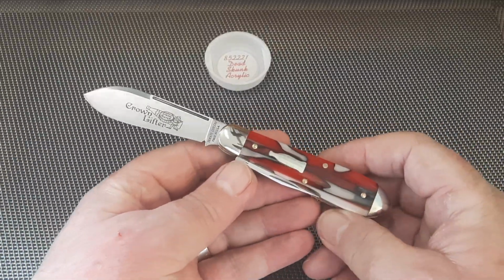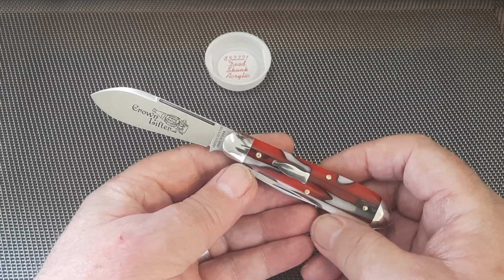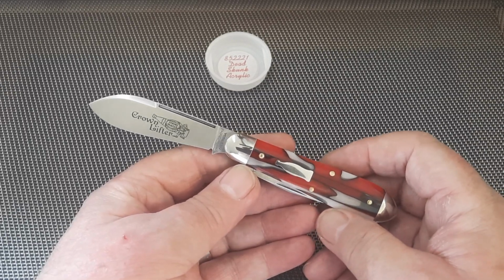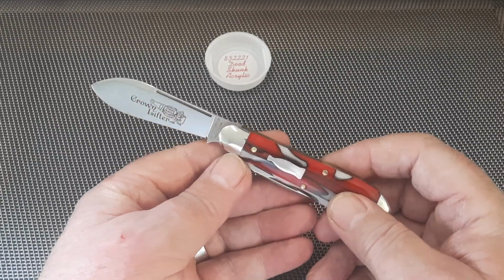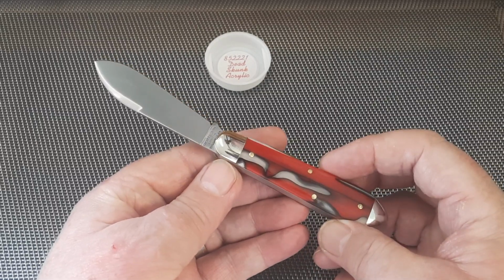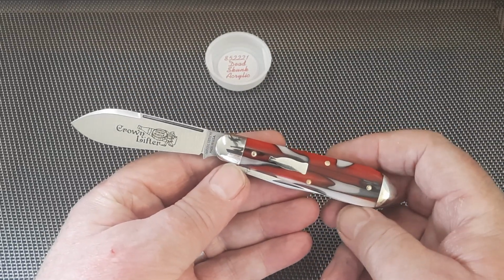I've had a real mad month of buying GECs. I've managed to trade, buy, sell. I've been selling a lot of my locking knives to fund this mad month that I've just had. And to be honest, I don't regret it. When you can buy something like this,